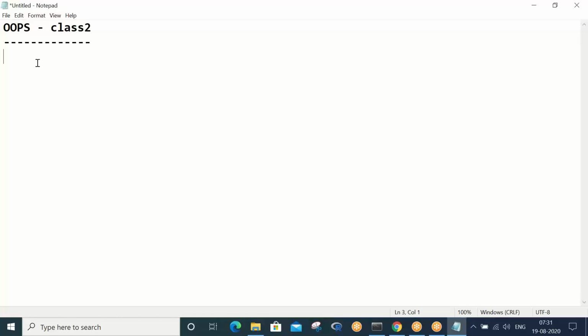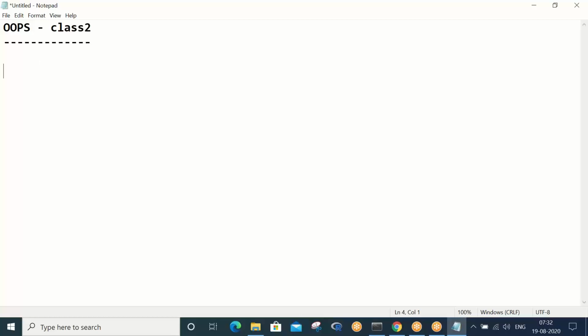Yesterday we started off with OOPS. We tried understanding the importance of object-oriented programming language and how important these principles are. We applied it to one scenario and checked what challenges we were facing with procedure-oriented programming if we implement certain concepts, and how we are going to overcome them with object-oriented principles.